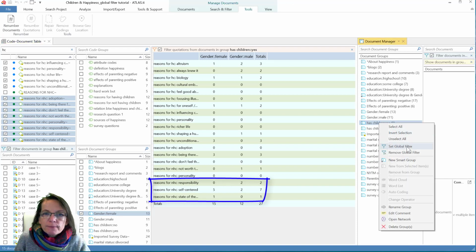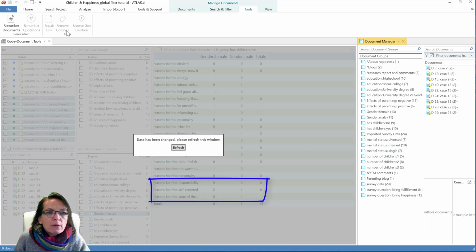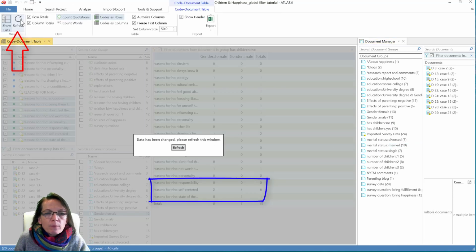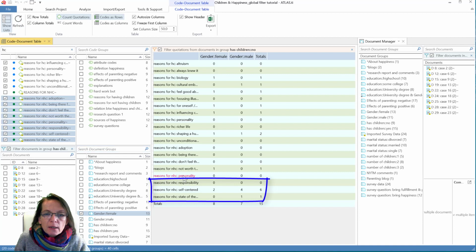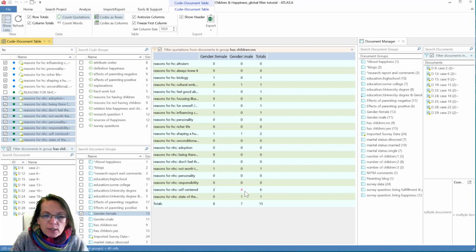don't have children, then we see here it changes. So we have only 2 females talking about it, and 4 males who do not have children actually give this as a reason. So with a higher or larger sample, these numbers might become more meaningful, but just so that you see how the